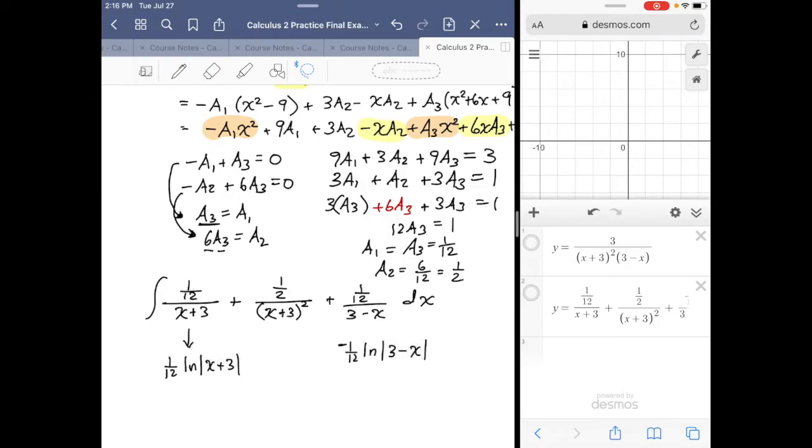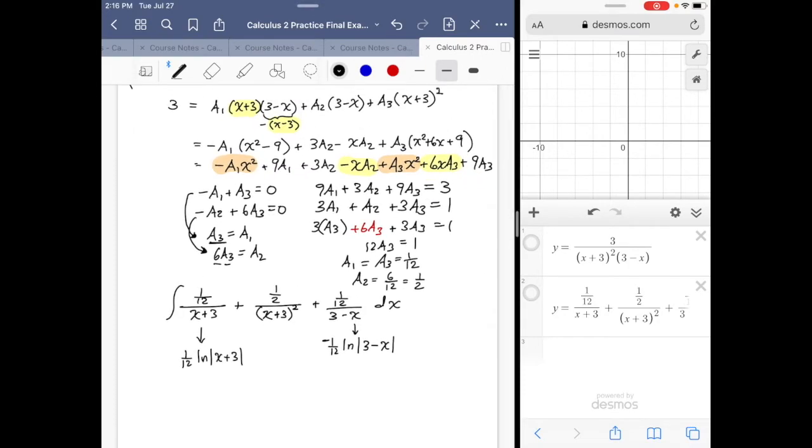All right. So we have a 1/12 ln x plus 3 and a -1/12 ln 3 minus x. All right, for whatever that's worth. I could actually group those together. Write it as 1/12 ln x plus 3 minus 1/12 ln 3 minus x, and then add to that, I'm going to rewrite this one as x plus 3, well I forgot the 1/2,